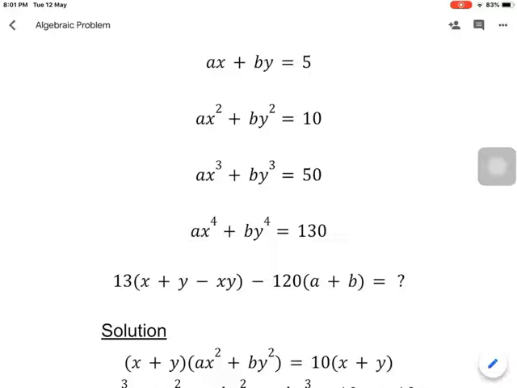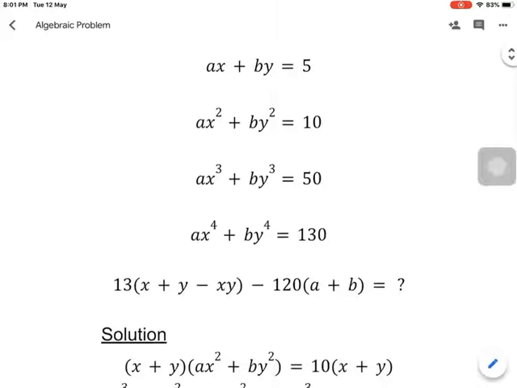So how do we solve this? So first of all, you need to take one of the subjects in the problem, and you have to multiply it to one of the equations. So we're going to start off with multiplying the subject x plus y to the second equation. So in this problem, you need to find a total of 3 subjects: the sum of x and y, the product of x and y, and the sum of a and b. So we'll